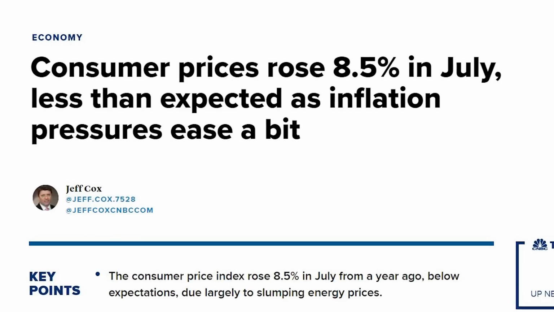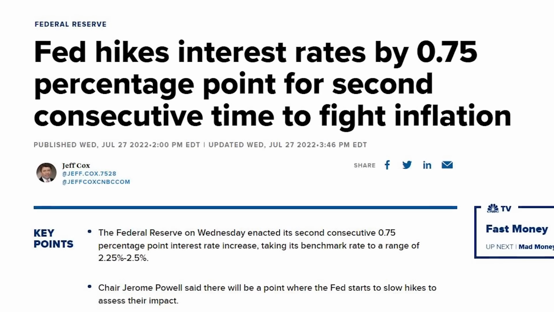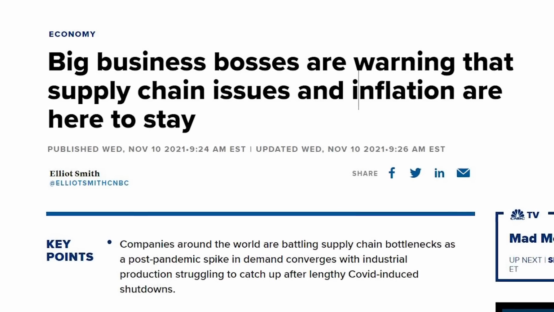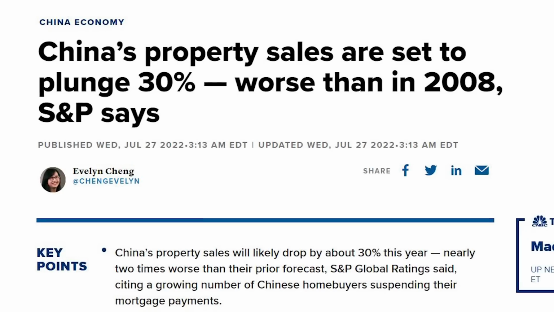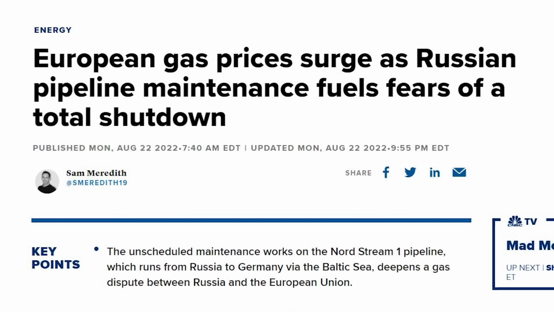But with that being said, all of us can agree that QT is bad for the market to some degree. Add that along to the fact that the inflation is still super high. Interest rates are still going up, a recession could still happen. Supply chain issues are still ongoing. The pandemic is still not over yet. A war is still going on. The China property crisis may get worse and even spread globally. Energy prices may go back up. When you add all this up, we can safely say that the chances of the market going down is a lot higher than the chances of the market going up.